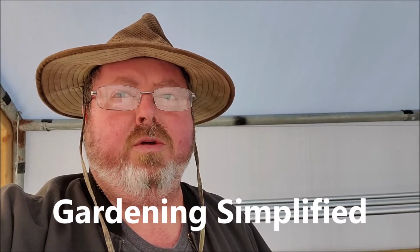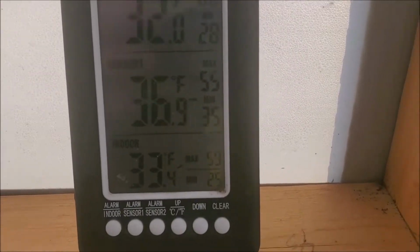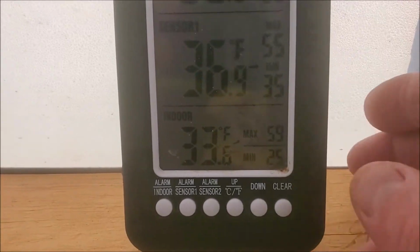It's January 12th, and last night we had a pretty good freeze. I looked at the temperature, and it was 24 degrees. I'm out here in the greenhouse, and we're going to look at what's going on and what we can gather from this. Inside the greenhouse, we've got